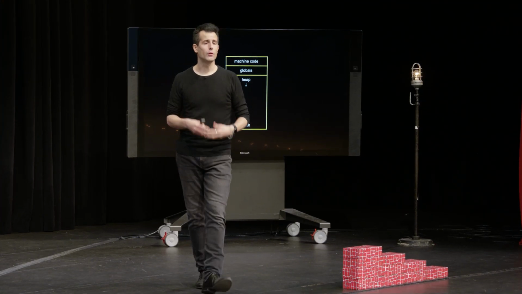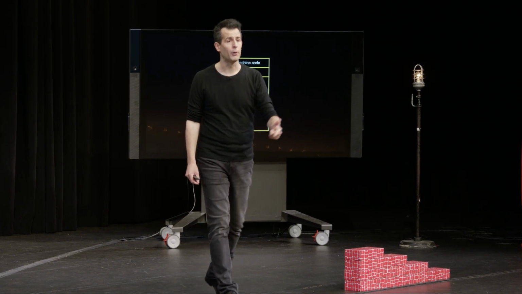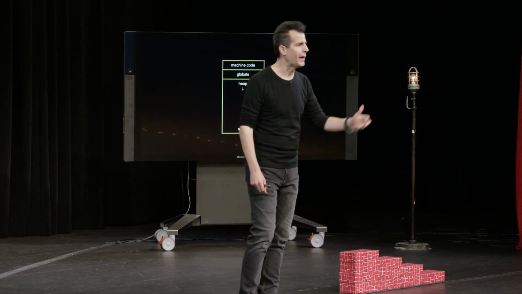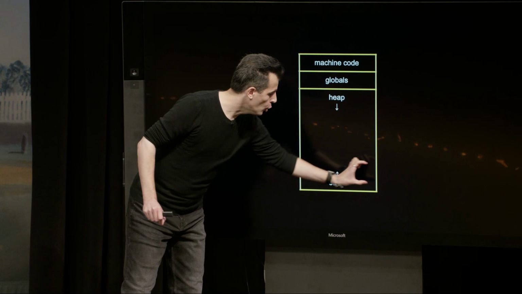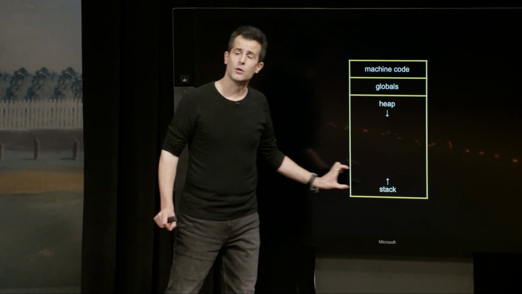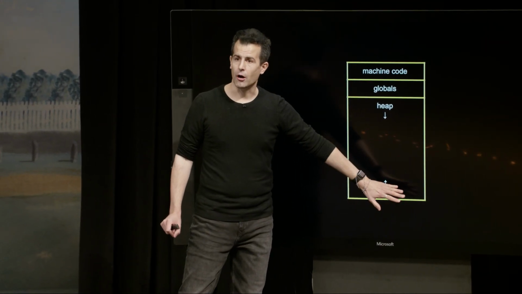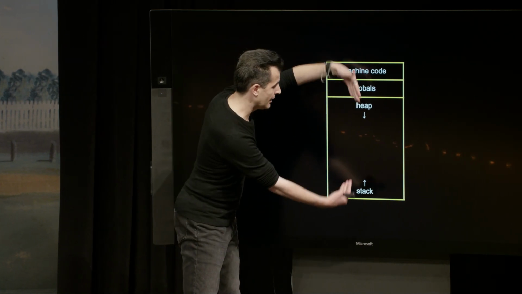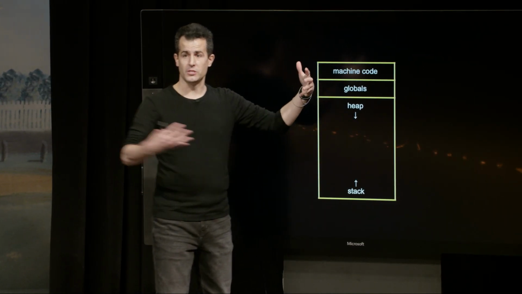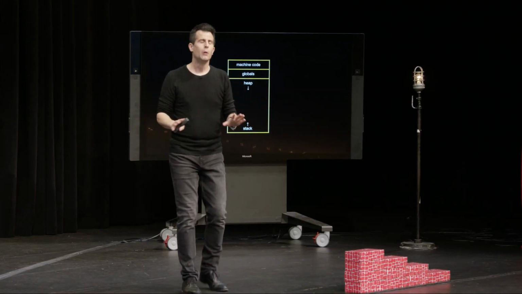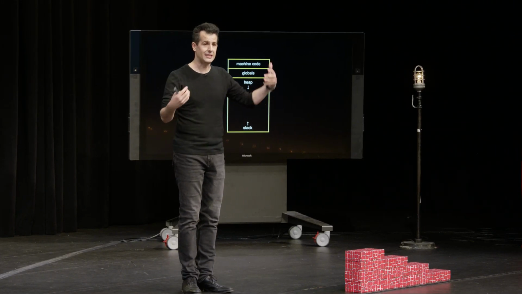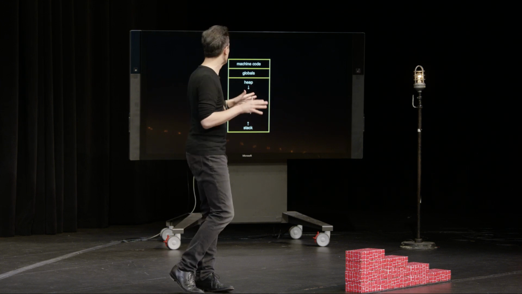So anytime you call a function, main or swap or strlen or strcmp or any of the functions you've used thus far, your computer will automatically store any of the local variables or parameters from those functions down here. Now, this is not necessarily the best design, because you can see that two arrows pointing at one another is like two trains barreling down the tracks at one another. Bad things can eventually happen. Thankfully, we typically have enough memory that these two things don't collide. But more on that in just a bit.